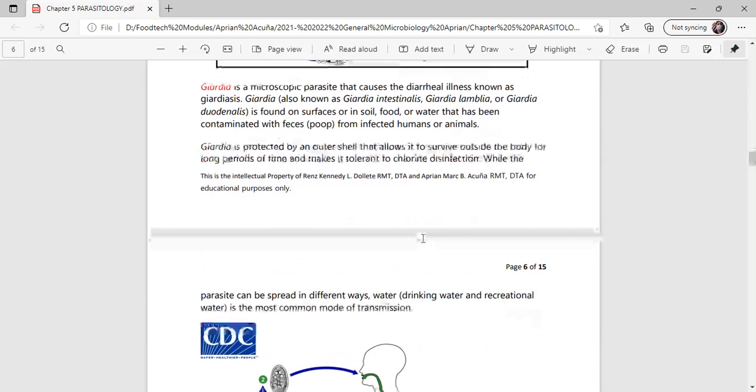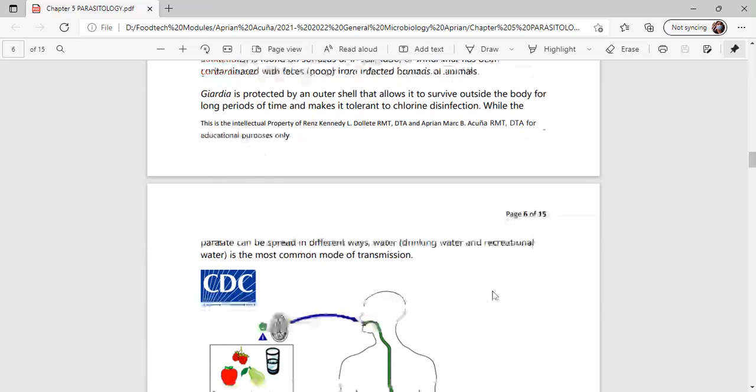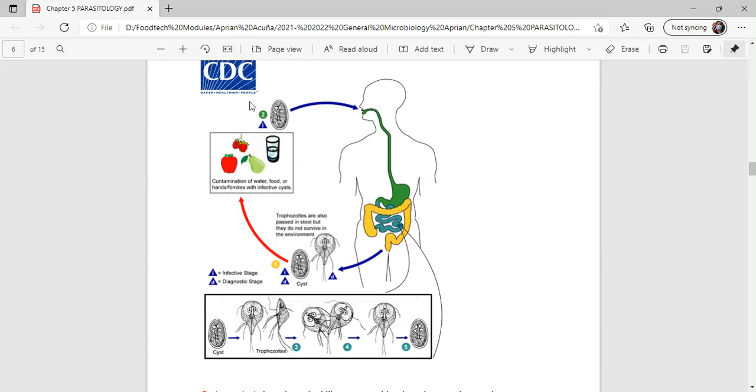The Giardia is protected by an outer shell that allows it to survive outside the body for a long period of time and makes it tolerant to chlorine disinfection. While the parasite can spread in different ways, okay, from your drinking water or refrigeration, same siya sa Crypto. Here, mas less lang iyang